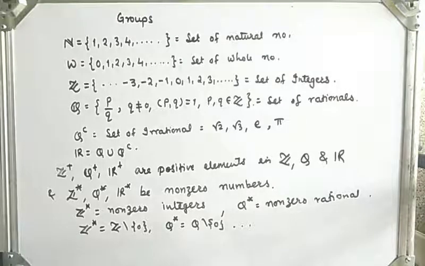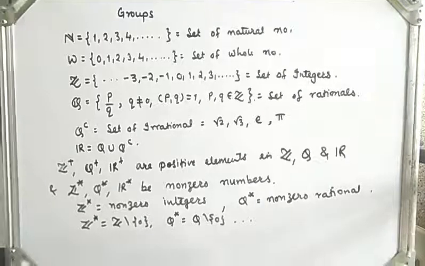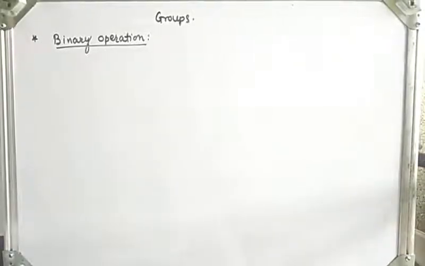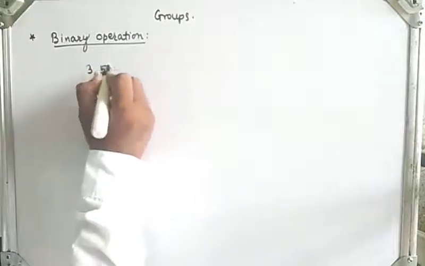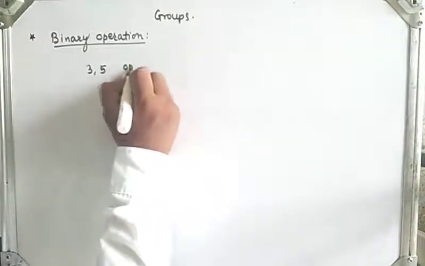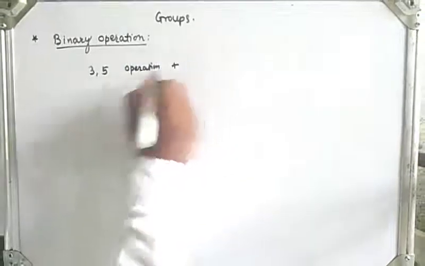Now let's see binary operations. What is meant by binary operation? Let's see the definition. We are all familiar with addition and multiplication of real numbers. Both combine two numbers to obtain one number. For example, addition combines 3 and 5 to obtain 8. In other words, the number 8 is assigned to the pair 3, 5. If I take two numbers 3, 5 from a particular set and the operation addition, then 3 plus 5